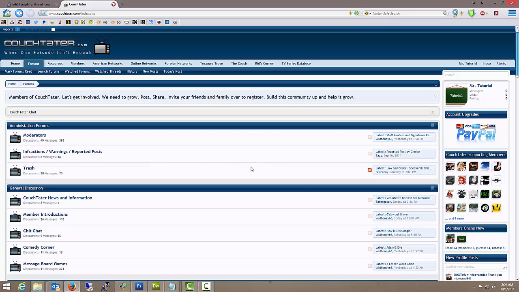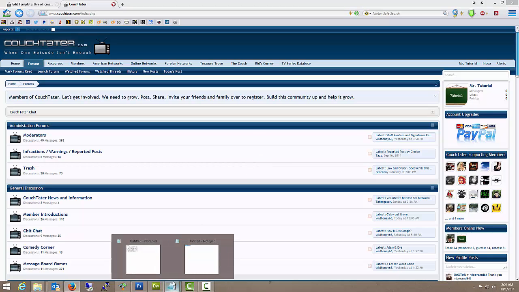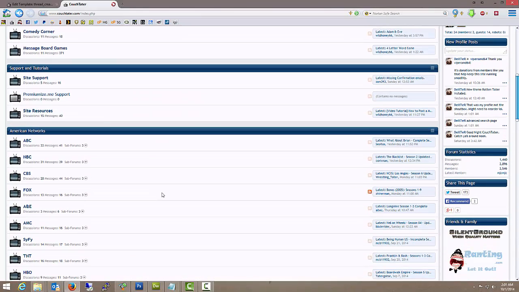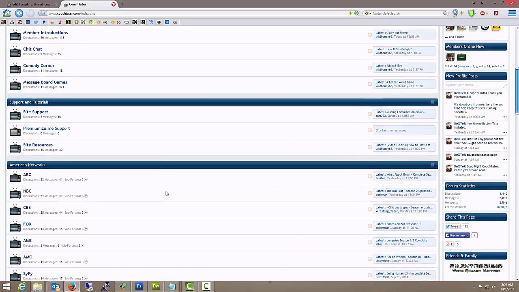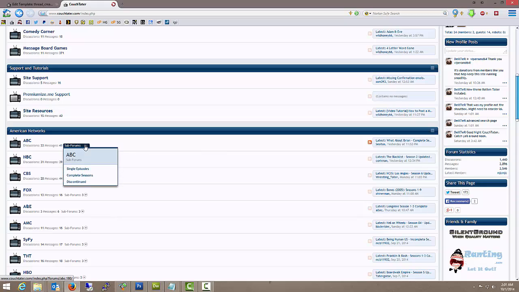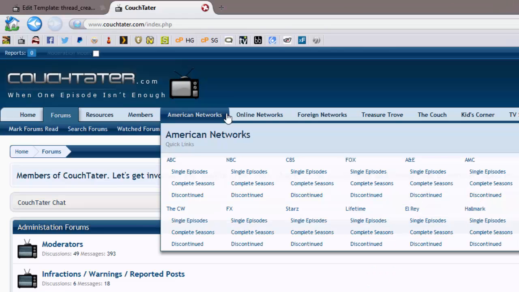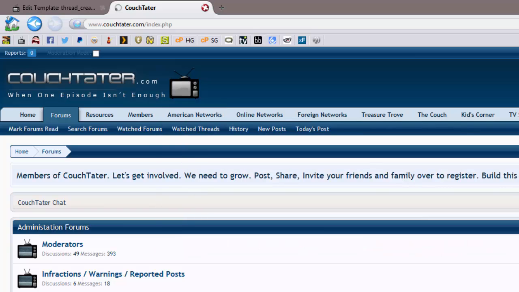So let's go over posting TV shows. In this example, I'm going to be posting the show Castle, in ABC. I'm going to do a complete season, but I'm also going to cover how to post a single episode if you're updating your shows weekly with weekly episodes, etc. Normally we would scroll down, ABC, go over the subform drop down, and choose complete seasons. But to cover a few things in this video, we're going to be using the top navigation. So we're going to hover over American Networks, go to ABC, complete seasons,